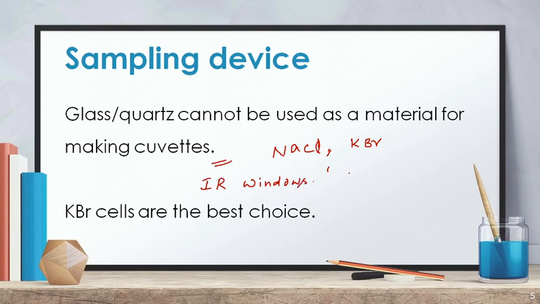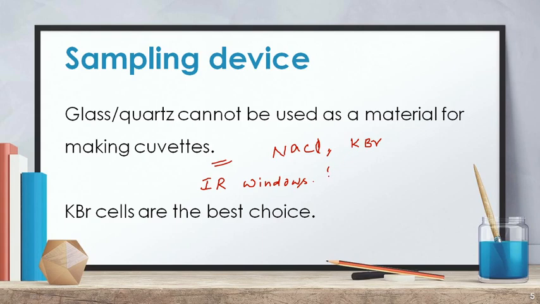The sodium chloride windows are most commonly used for routine work in the region. Alternatively, a rhodium wire heater sealed in a ceramic cylinder may also be used as an incandescent wire source. Rhodium wire is somewhat cost effective, but we are using sodium chloride windows in the major case. The KBr cells are also used.